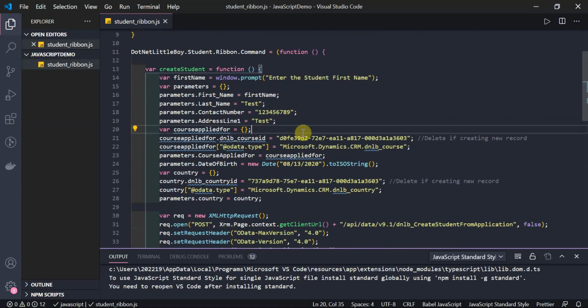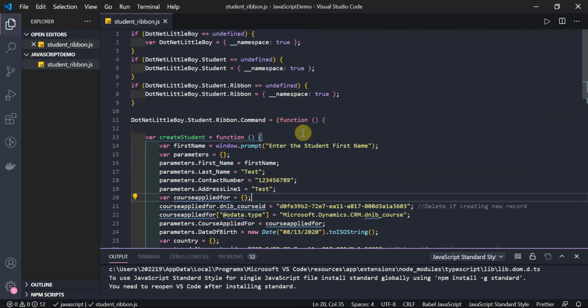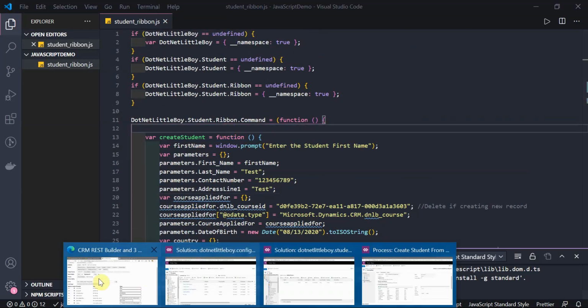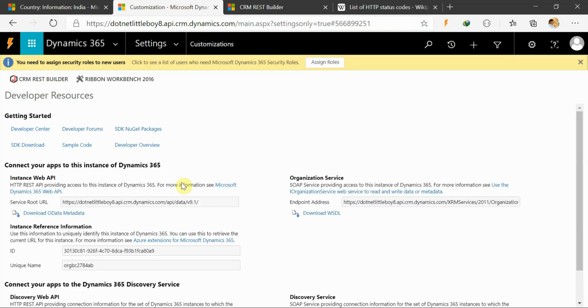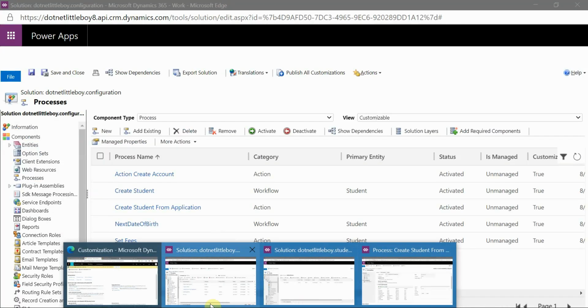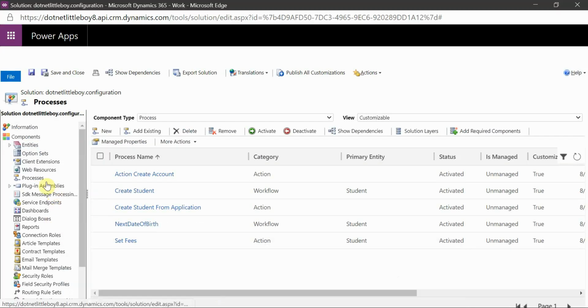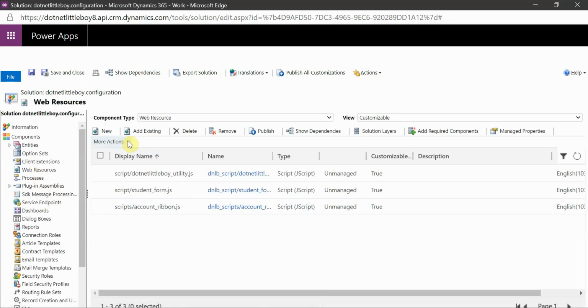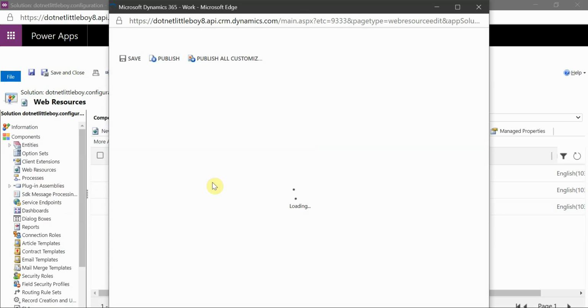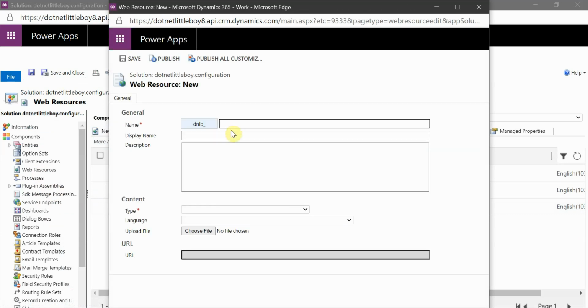So now I have to register this function into Dynamics. I'll go to the Dynamics customizations here. I have already opened this solution here, and let me add the resource. I'll go to the web resource and add a new web resource here, and let me give the name as script / the student ribbon.